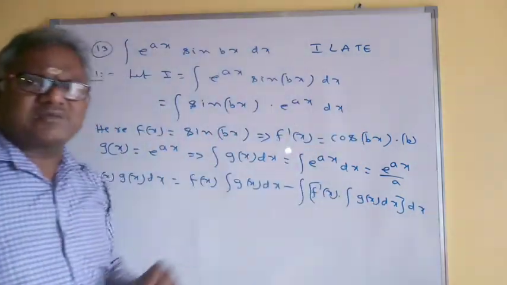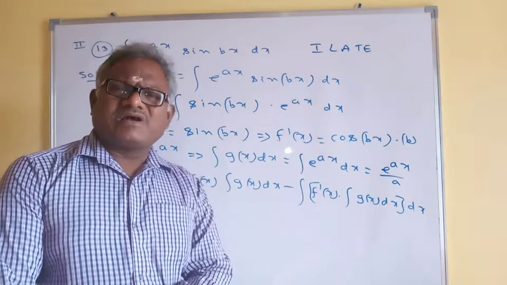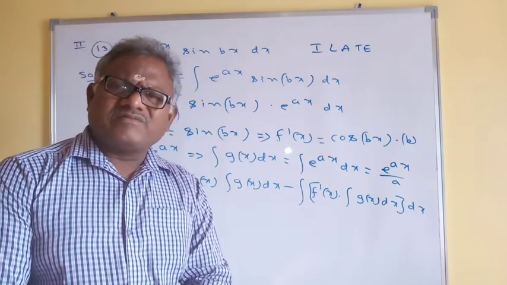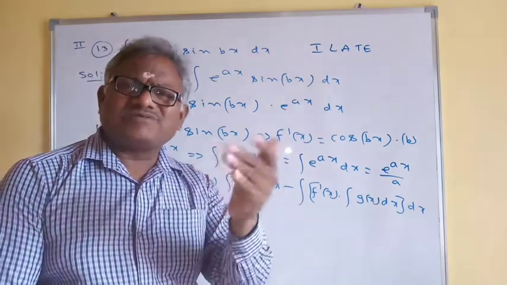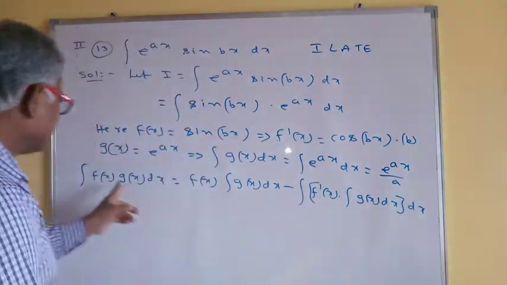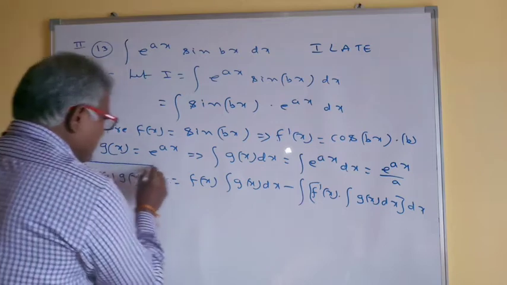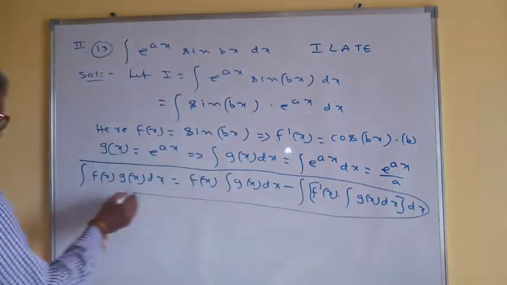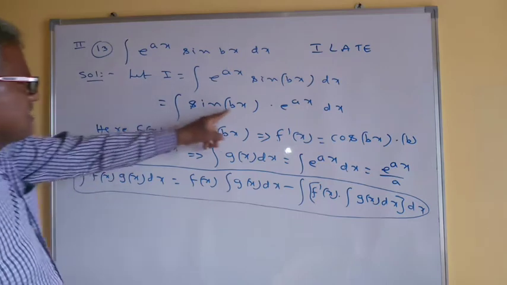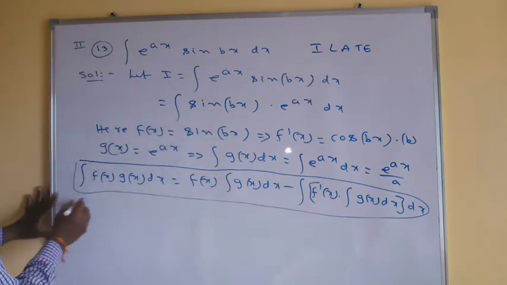This is the formula to evaluate any integral that consists of a product of two different functions, the integration by parts formula. Now clearly here f of x, g of x, so therefore I is equal to